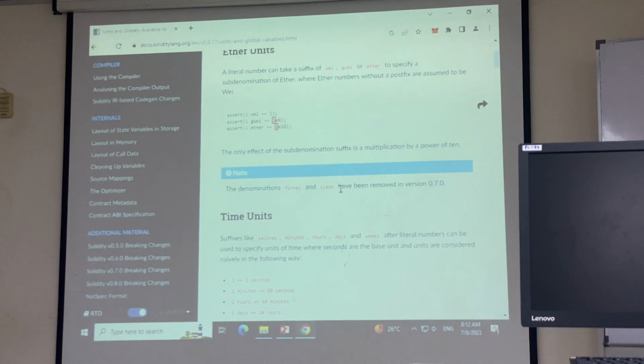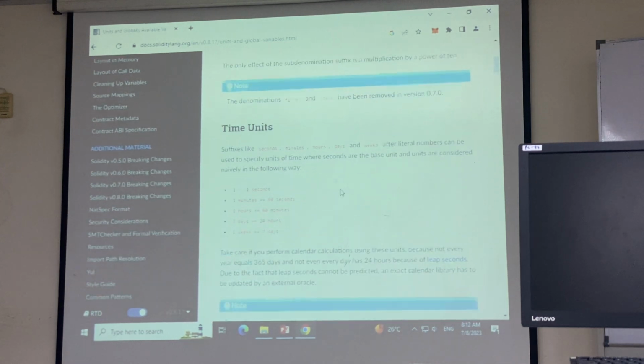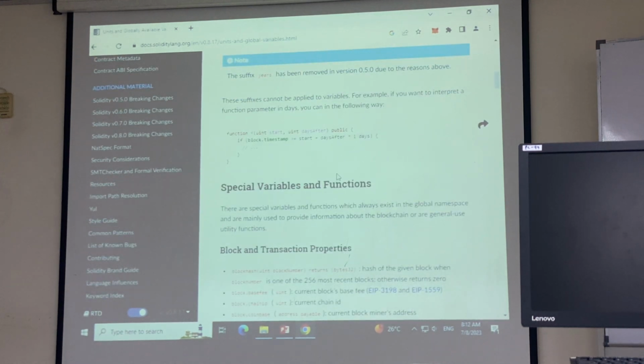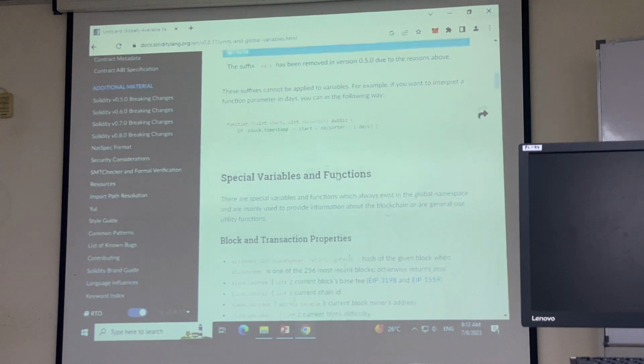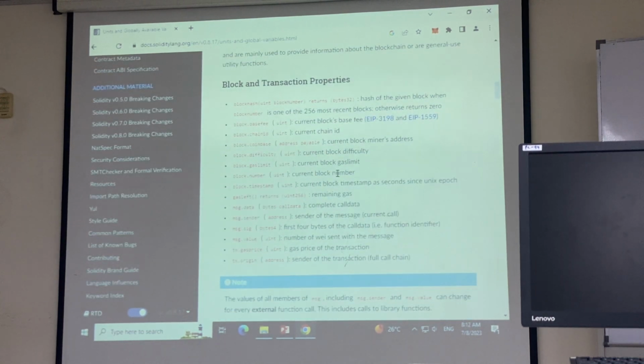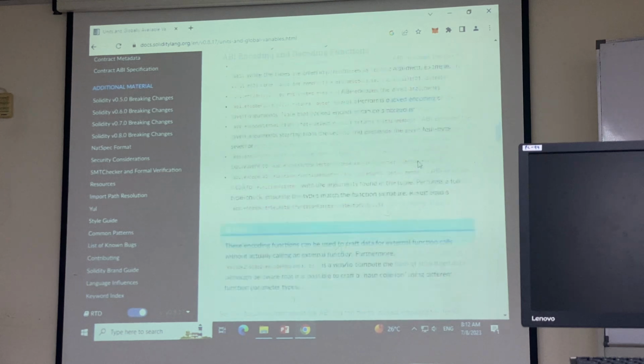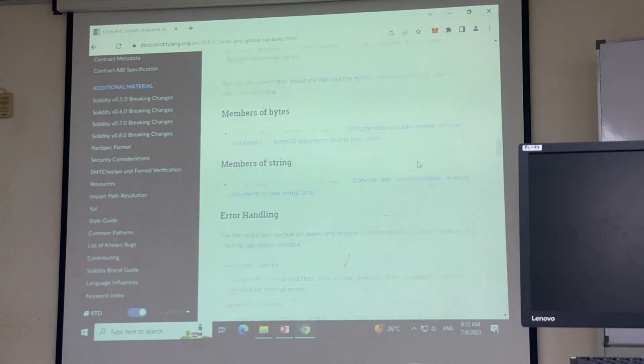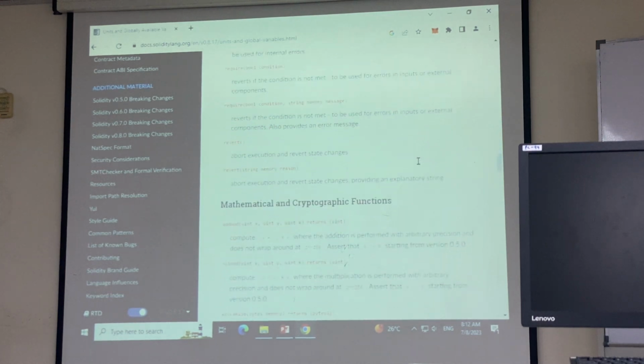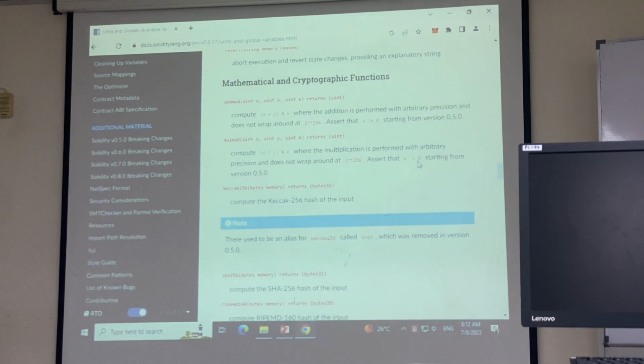Either you can assign the value or you can compare the value using wei, gwei or ether. This one we will cover later, not yet, when we come to sending money. Another one is all the block and transaction properties. Going down, these are the most commonly used. Under this is the mathematics